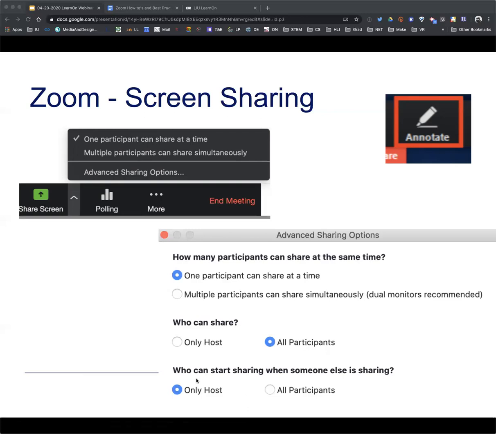So you can see it says who can start sharing when someone else is sharing. I just want it to be me as the host. And that's another reason why a teacher might be the host, a co-host with me. All right, so